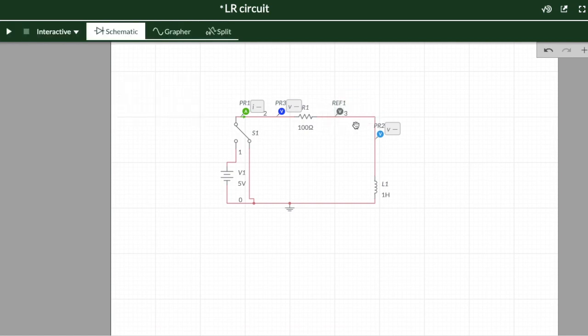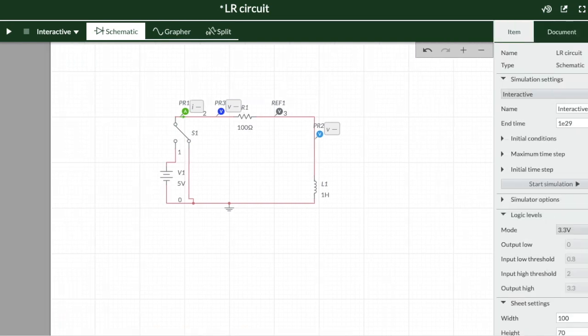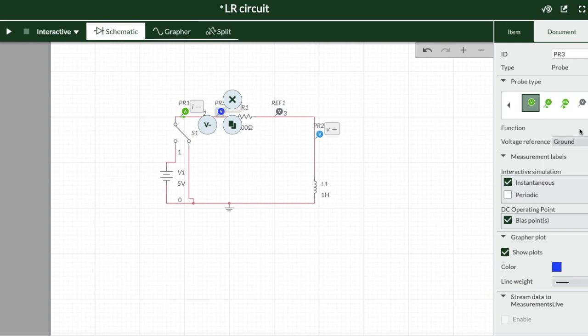But just connecting this meter here is not enough. Here we have to now come to the right hand side where we can select different things. On this side you can see that once you connect the voltage reference meter, you have to decide for these two voltmeters what should be the reference. By clicking on the voltmeter, you can select different reference terminals. One is ground and another is REF1, that is what we have connected here. By default it will always be ground, but now if you want to change that from ground to REF1, we have to select that over here.